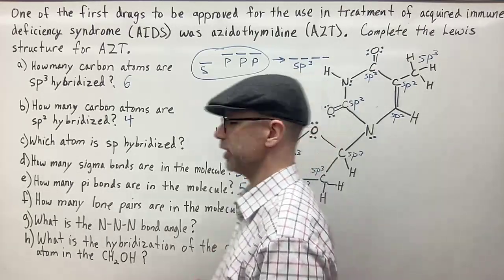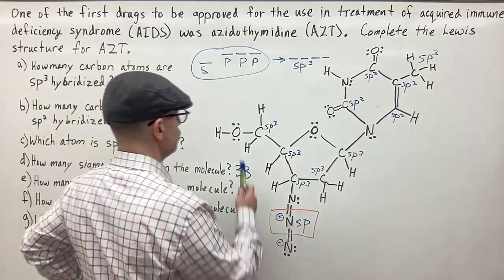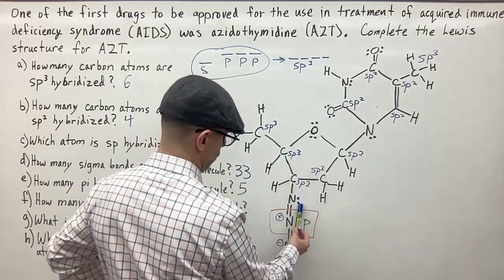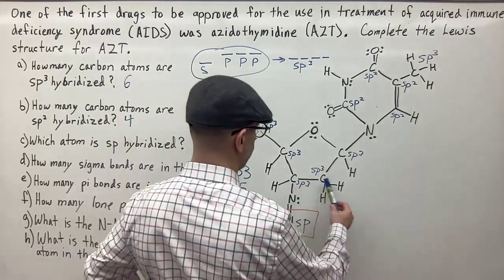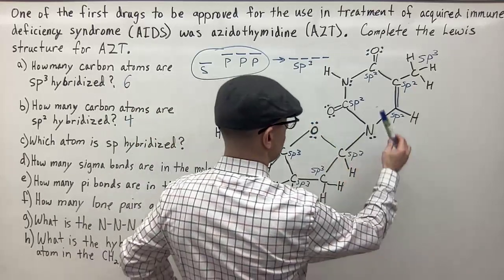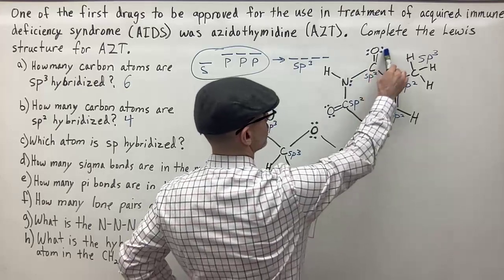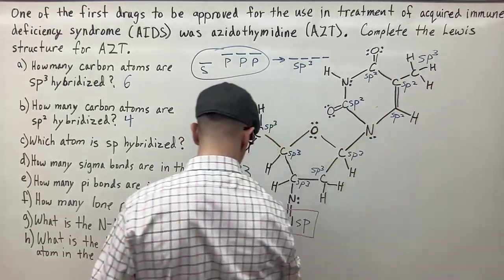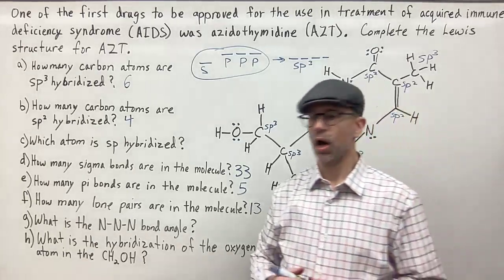How many lone pairs are in this molecule? So let's count the lone pairs. Again, be careful you don't skip one. So we have 1, 2, working my way around, 3, 4, 5, working my way around, 6, 7, 8, 9, 10, 11, 12, 13, and that's it, 13. So we have 13 lone pairs. Okay, next,